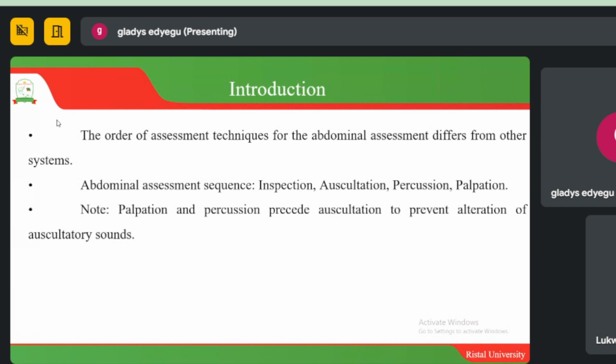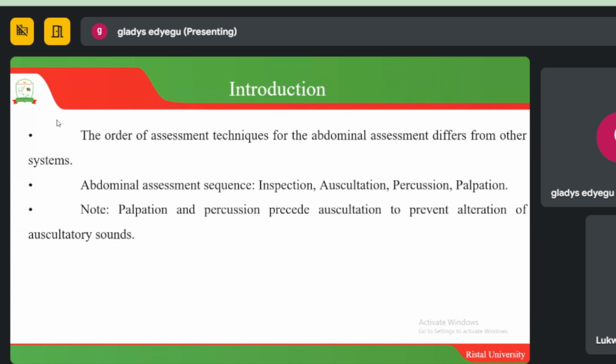So the reason here is because palpation and percussion precede auscultation to prevent alteration of the auscultatory sounds. So the auscultatory sounds will alter in case you start by percussing and then palpating. So you first have to auscultate so that you can get the sounds very clearly before you go ahead to